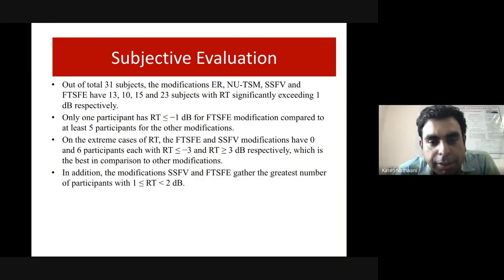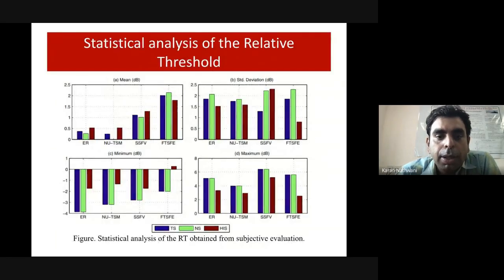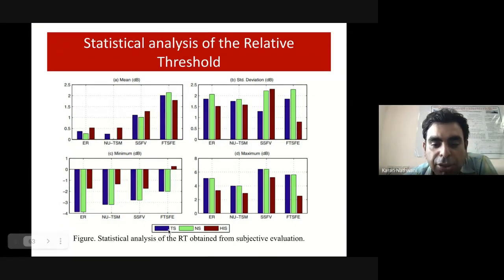So this I've already explained. Then finally I computed this statistical analysis, because this is very important, as these days reviewers ask a lot of the statistics. What are the numbers actually? Mean, standard deviation, minimum, maximum. So you can see the proposed method, we have done it for hearing impaired and normal. Here we have the numbers also. You can see that very clearly.